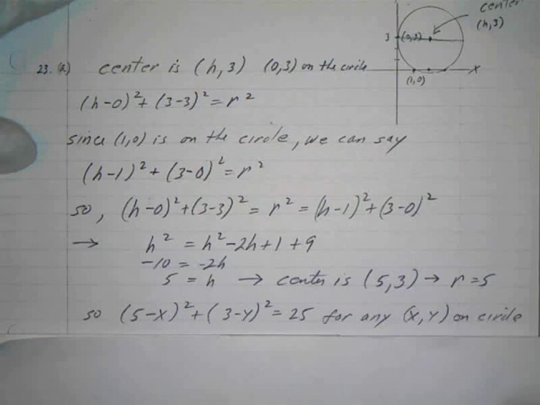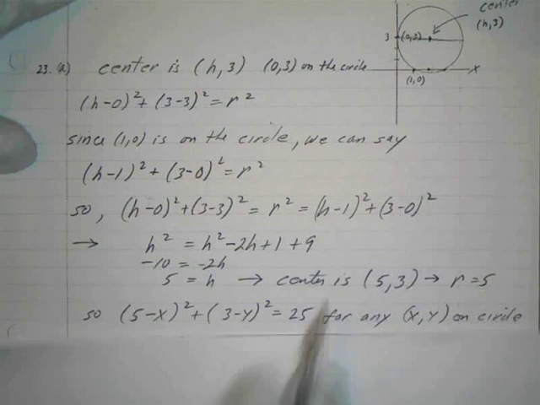So if I've got any point on the circle, the distance from the center is going to be equal to 5. So it fits into this equation: h minus a point squared plus k minus a point squared, because this is the center, 5, 3, equals the radius squared for any x, y on the circle. So if I solve this,